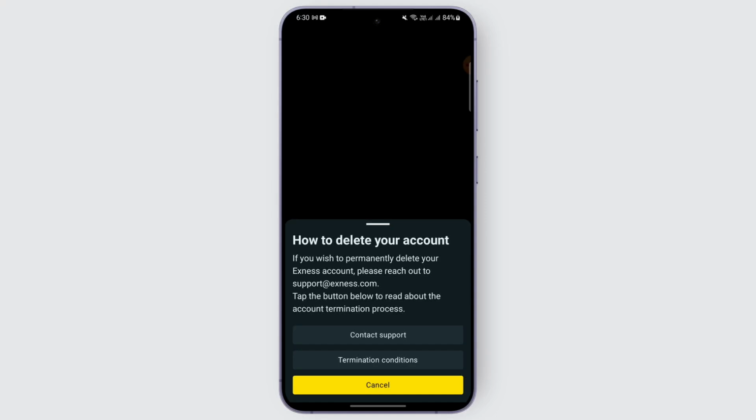So in order to permanently delete your Exness account, you need to reach out to the support at exness.com and tell them how you want to delete your account and go further with the process of deletion. So by following that method, you can delete your account